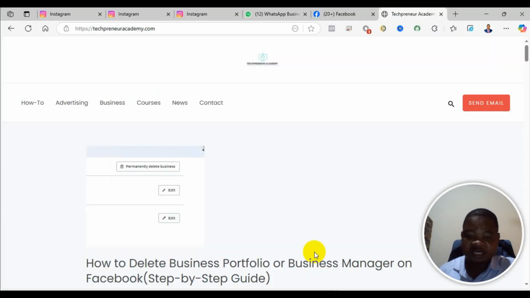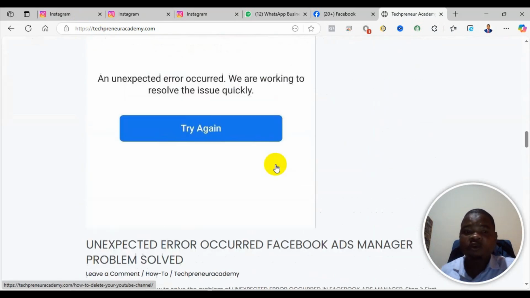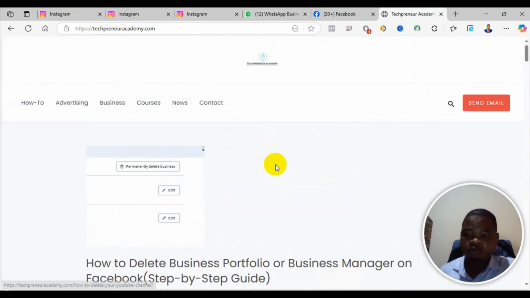First of all, what I want to advise is that you must have your blog or your WordPress website. You must have many articles written on it already. If you don't have, as I just showed you here, I have written about 20 articles. The reason why you need to write a significant number of articles is Google needs to see that you are having some traffic, and normally they want to see some real, genuine human traffic, organic traffic, before you